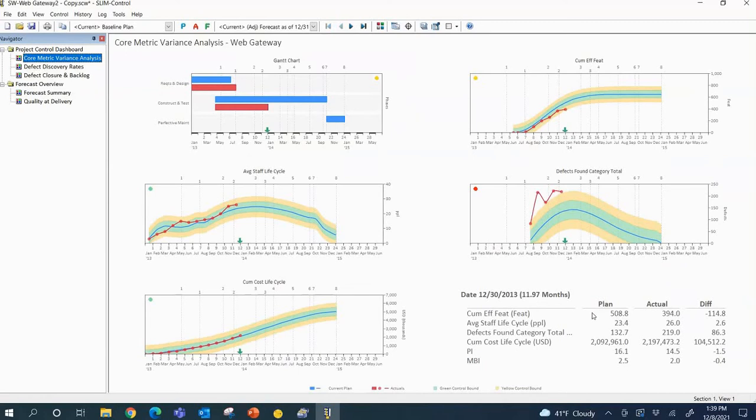So what Slim Control is doing is it's taken the actual functionality or work delivered, the actual duration elapsed, and the actual effort spent, and it's recalculating that productivity index. And you can see that we're not achieving the level of productivity that we had planned. Or the vendor that we're managing promised us a cost and schedule, whether they knew what a PI was or not,